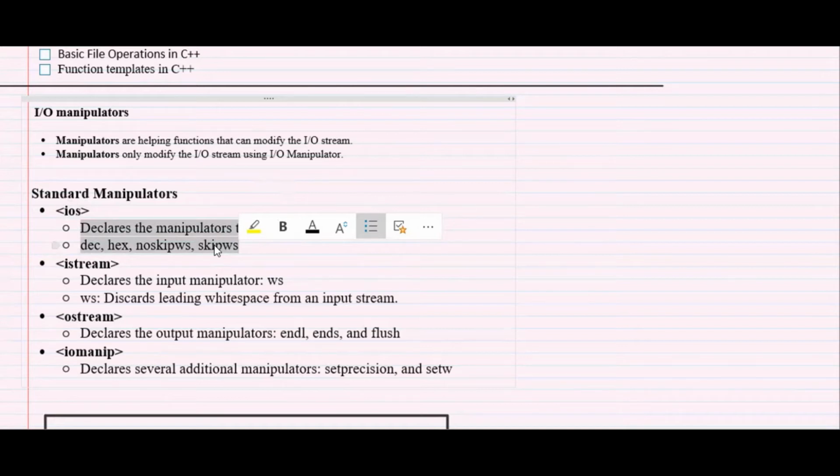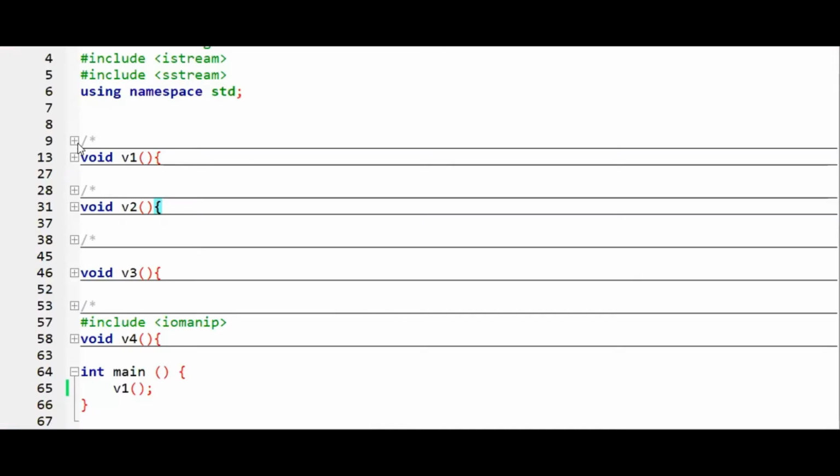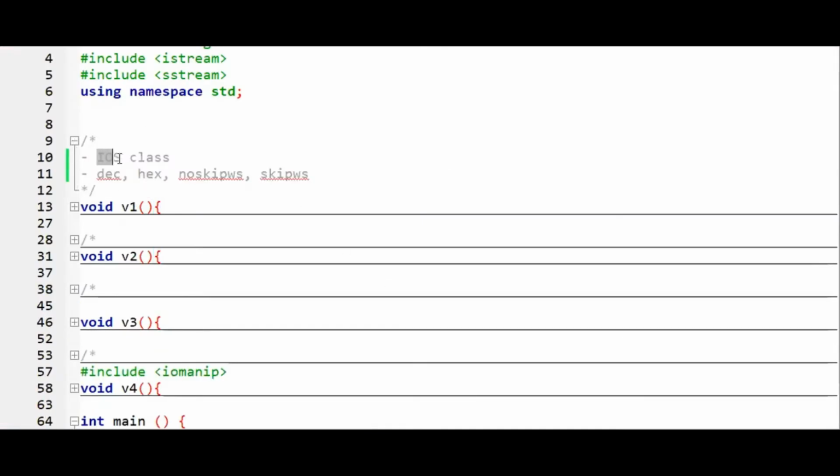If you pass some value, do you want to get that value in hexadecimal or decimal? Do you want to skip the white spaces or not? This class will talk about that. I'll discuss through an example, using all these ios class functions.